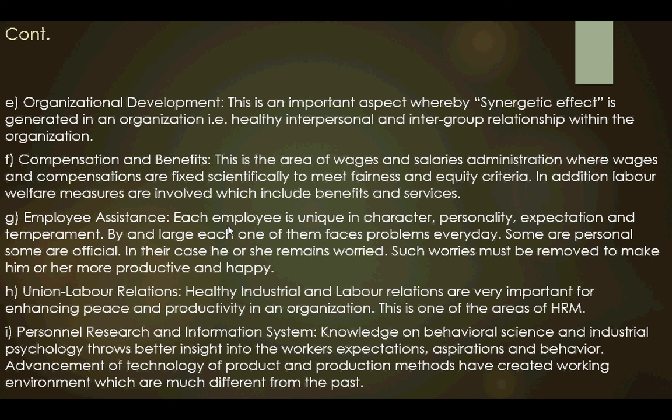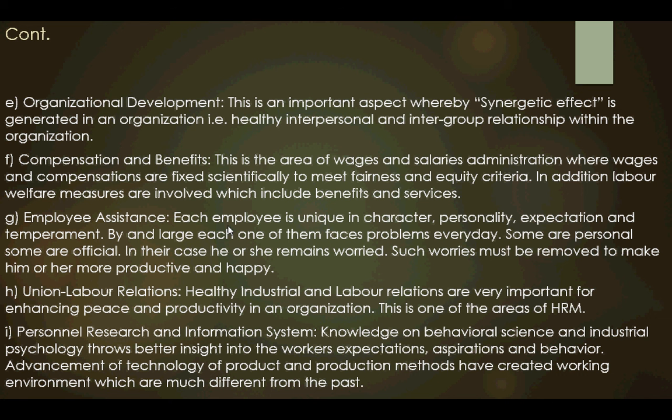In their case, he or she remains worried. Such worries must be removed to make him or her more comfortable, productive and happy while conducting operations in the organization. So that shows the scope of the human resource management, how human resource management is to